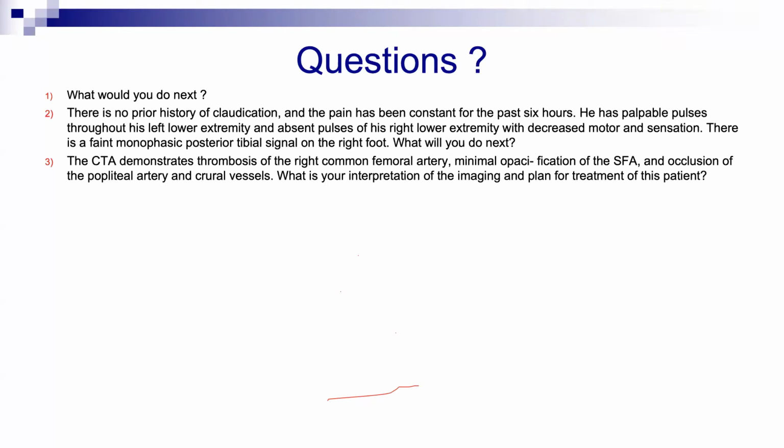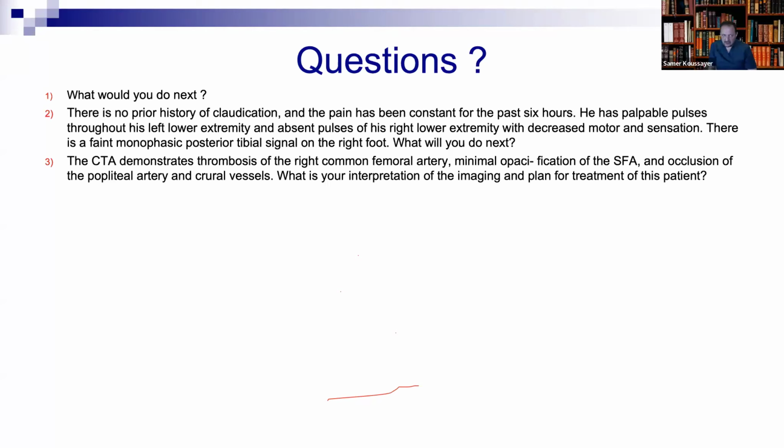And I told you, if the common femoral artery is already open, I even start from below the knee. I don't even go above the knee. Because even though you can do thrombectomy from below for the common femoral artery, you cannot do it for the profunda. Profunda is very important, so you have to do it from the common femoral artery for the profunda. But if the profunda and common femoral artery are open, then I'll do everything from below. Okay. This is in the exam.